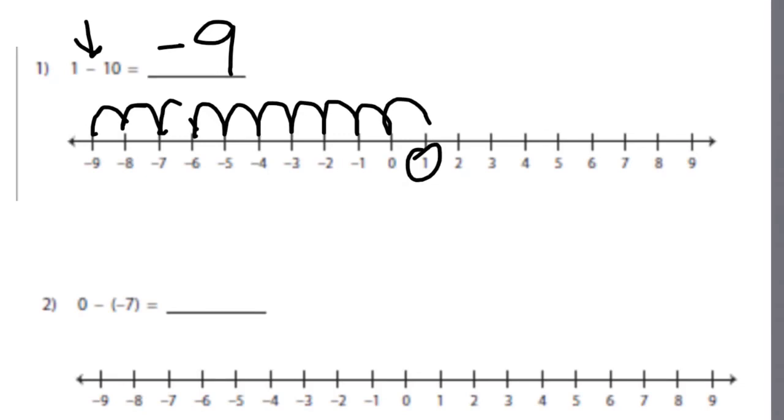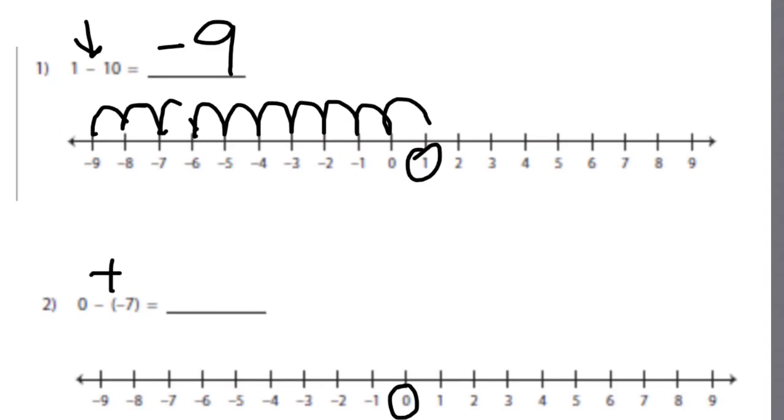Let's do another example together. In number 2, we are doing 0 minus negative 7. So we're starting at 0. But now we are taking away a negative number. Remember, when you take away a negative number, it's the same as adding, which means we move to the right